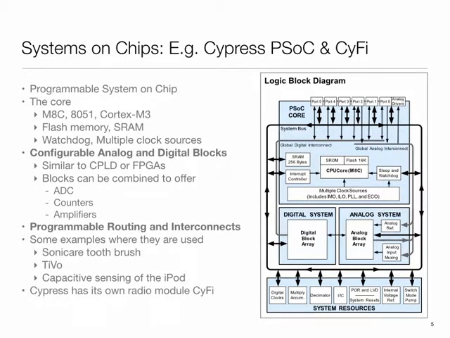There are even chips where even analog stuff is there and it's programmable. There's a company called Cypress, and it makes these chips called PSoC, programmable system on chip. So they have processors, they have memory and stuff like that, but they also have configurable analog and digital blocks. So literally you can design a complete system, including the analog parts, onto this thing. So you have an A to D converter, amplifier, stuff like that. Not the best performance, because they're sitting on the same chip as your digital stuff, so it's not going to be as high quality, but you literally can have a complete system. These kinds of chips are very common in things like trackpads and mice, because just a single chip covers everything.